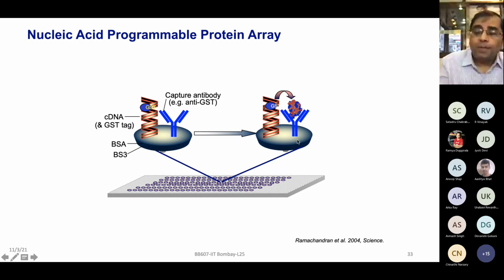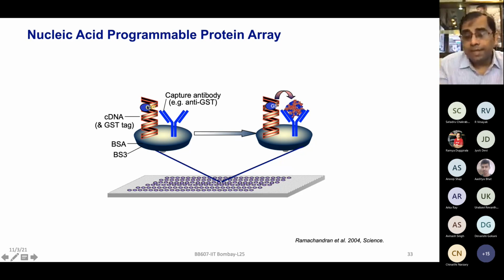For this particular complex to adhere well on the surface, somehow BSA, bovine serum albumin, helped a lot for the complex mixture to get adhered strongly on the array surface. BS3 is a cross-linker which helps the antibody to bind to the array surface. So these two are the associated materials which are helping the complex to bind very strongly to the surface. But the reaction is happening between these two only.